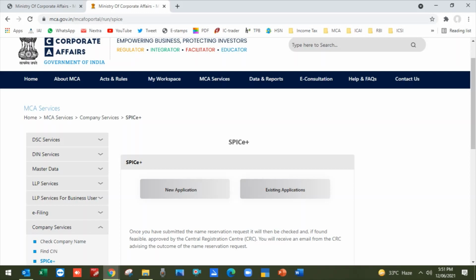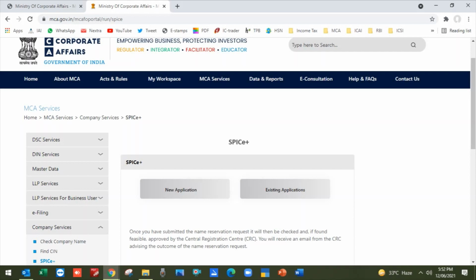Part A is to reserve a proposed name, which is going to be your company name. Once you get the approval from the MCA regarding the name, for 15 days you have to fill in the remaining part of the form, Part B, which includes the address, details of directors, declarations, and a few other requirements.